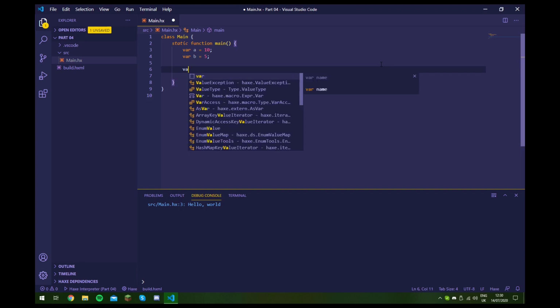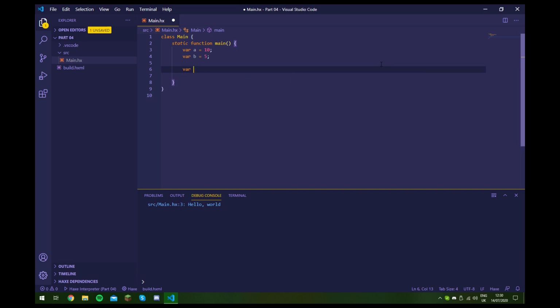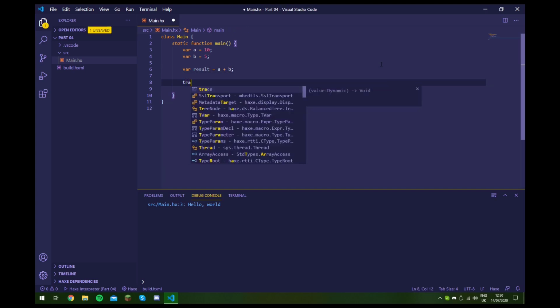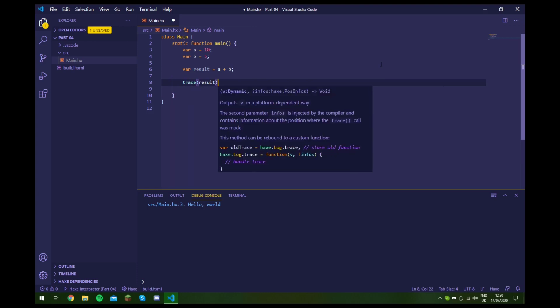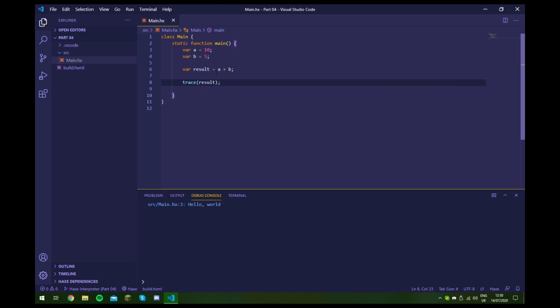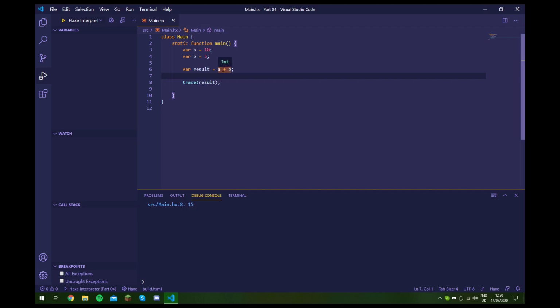And we'll create another one just to store the result of these two. So result equals A plus B. And when we trace this, we should get result should be equal to A plus B, which is 10 plus 5. And if we run this, as you can see, we do get 15. So as you can see, for addition, we just use